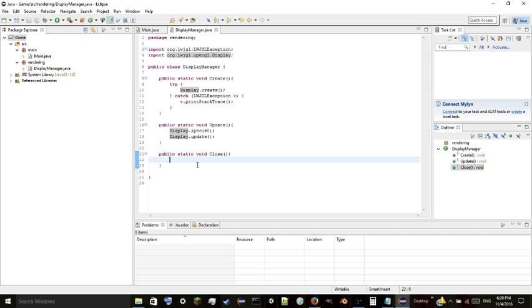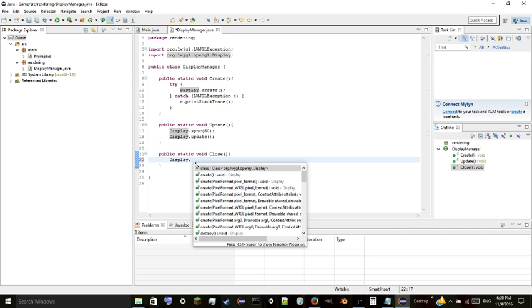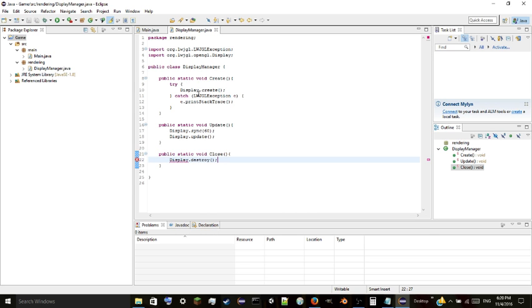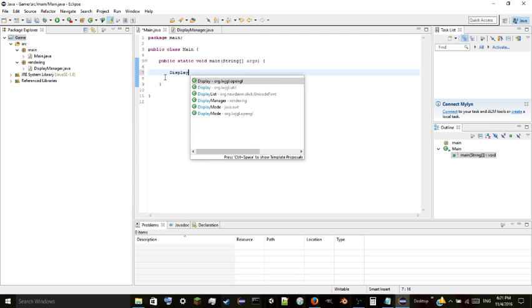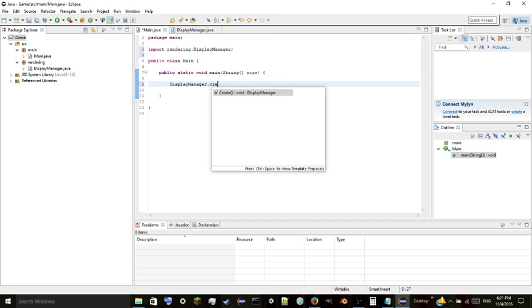So in the close function, we're going to do display.destroy, and in create, that's pretty much it for create. We'll do some other stuff later. But go back into the main class and do display manager dot create